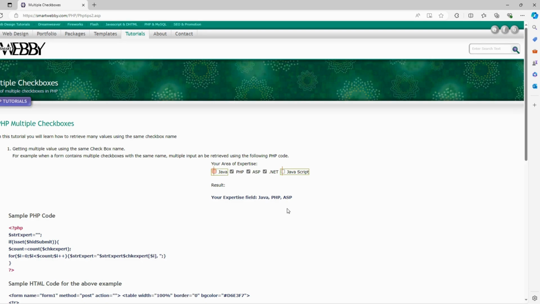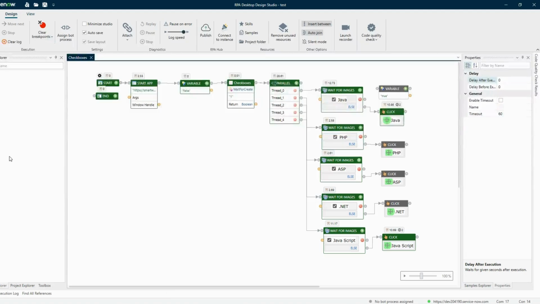So it found that Java and JavaScript was unchecked, so now it should check them. Okay, and if you see, it checked both of them. So our process is executing as expected, and in case you have multiple checkboxes to validate, you can go with